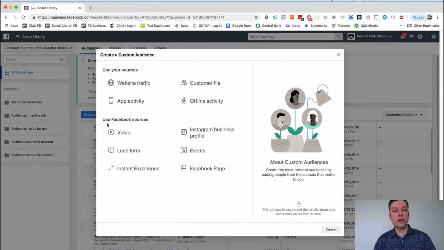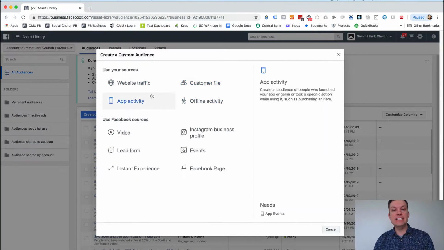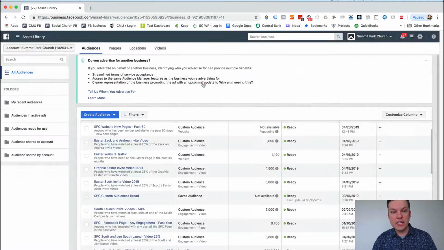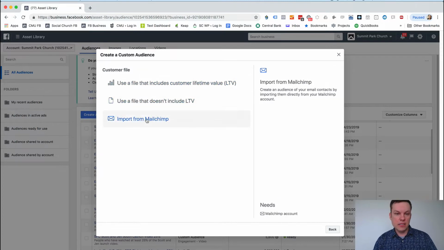So I'm essentially going to go through here in any of these that I can do, website traffic, customer files, for example, take every email address that you've gotten in the past that have come in through like the Connect cards in the past 2 months, all the ones from Easter, all the ones from your Easter egg hunt, all the ones from your outreach, any new visitors that came probably because of the campaigns and the invites you've been running, right? Export all those, just their email addresses, go into customer file,